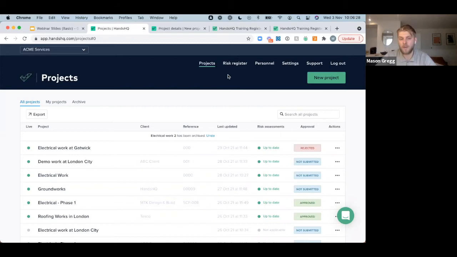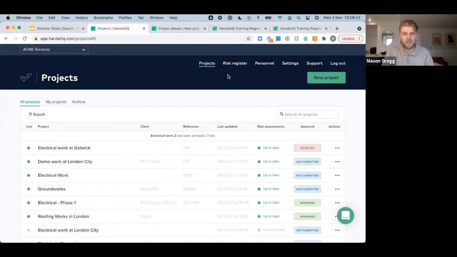About 1.5 years ago, we added an additional product to the system as well, which is our training register, which is essentially a replacement for your big Excel spreadsheets in your training matrix. I won't be touching upon that today. We will be running a separate webinar over the next couple of weeks on that, maybe next week or the week after. So if you're interested in that, then feel free to sign up for that one too. But today we're going to look at the RAMS.